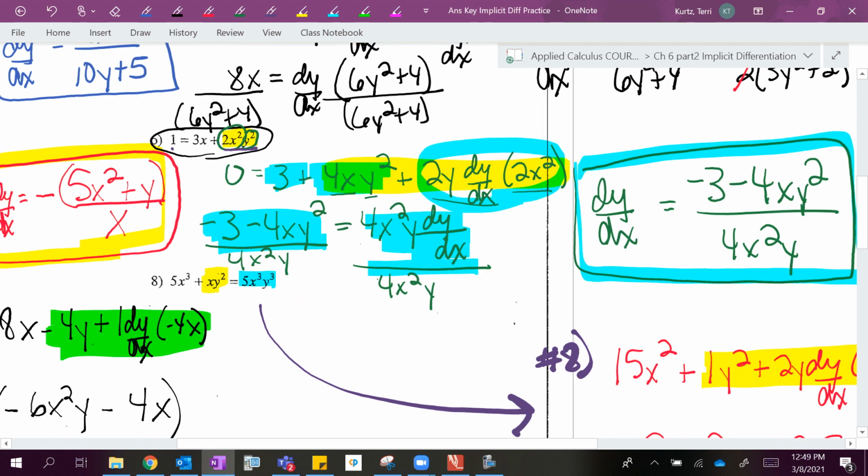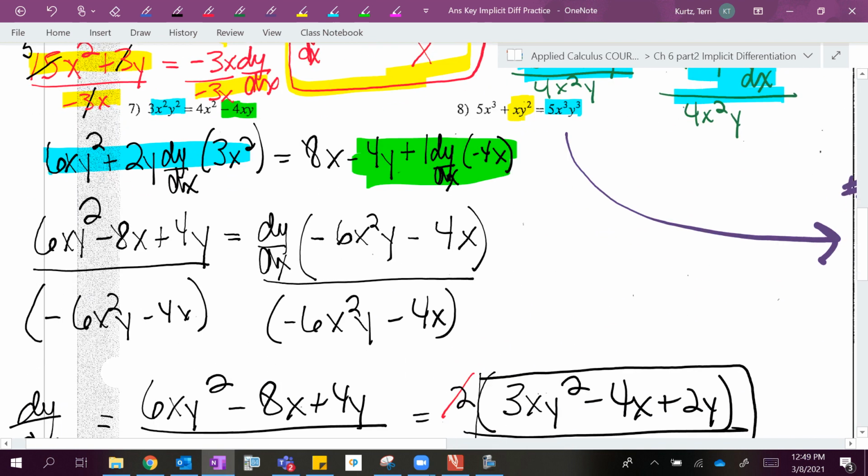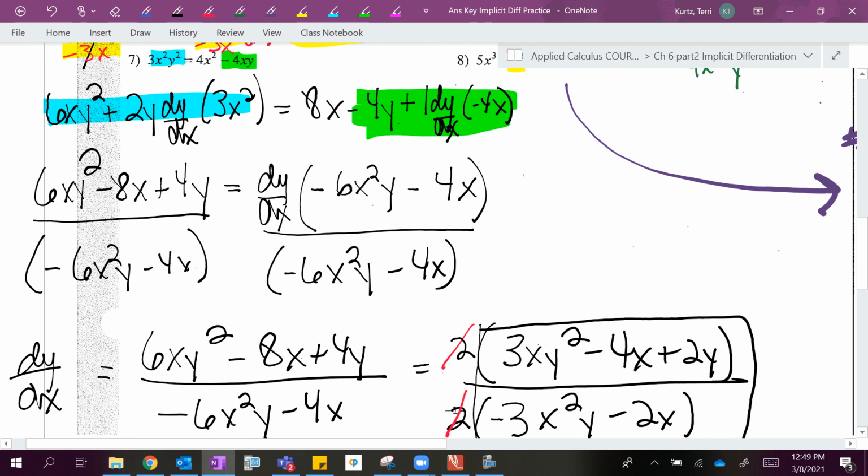Okay. Number 7. Again, this had 2 product rules. The blue highlight is the first product rule, the green is the second. On this first one, the first function is 3x squared, the second function is y squared. When I apply the product rule, it is derivative of the first, which gives me 6x, times the entire second